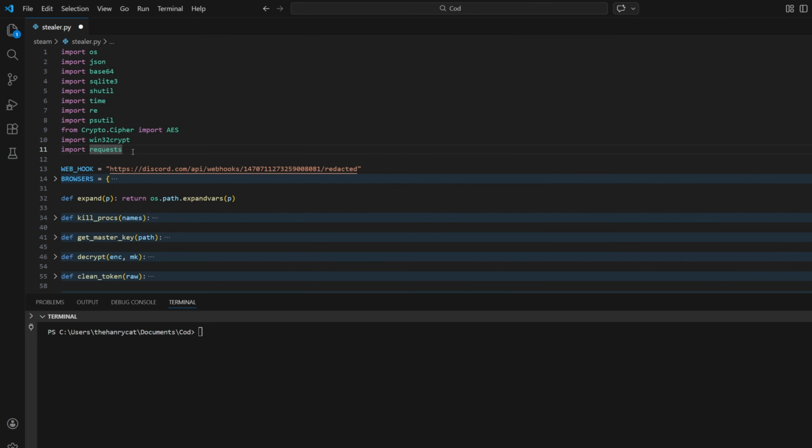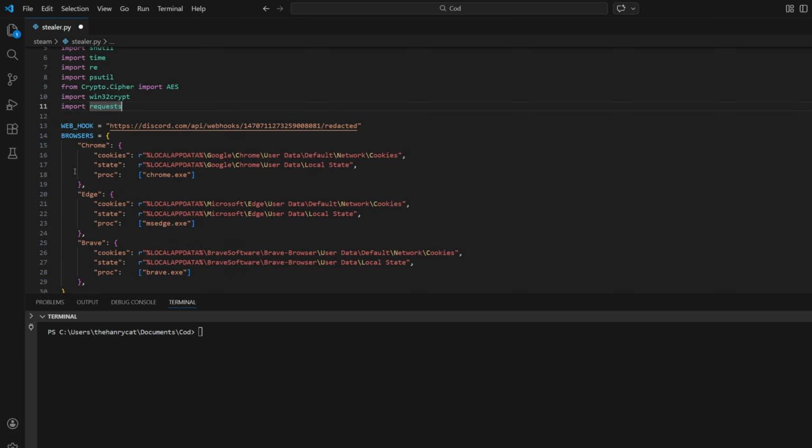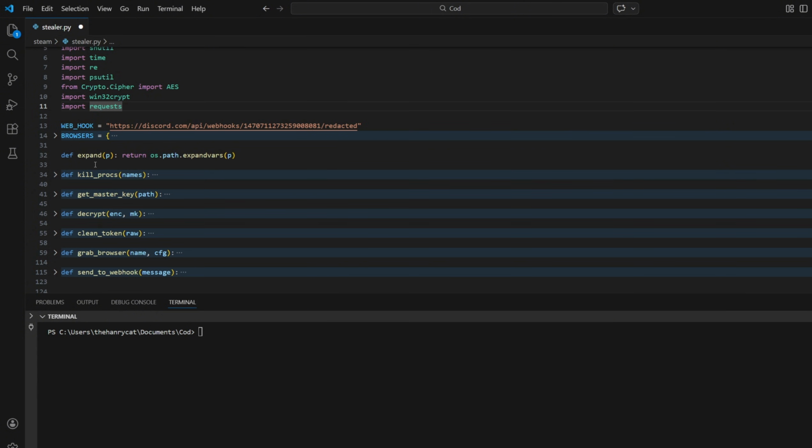Just like in my other videos, I used a Python script in this video as well to extract tokens from browser SQLite files. It might sound very technical, but honestly it's not. It's actually pretty simple. At the very top of the script, I'm importing a bunch of Python modules. Each one plays an important role here. Currently, this script works only for 3 Chromium-based browsers, Brave, Edge, and Chrome, but other Chromium-based browsers can be added